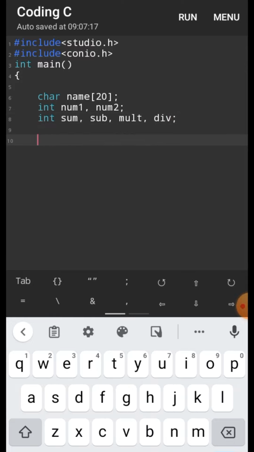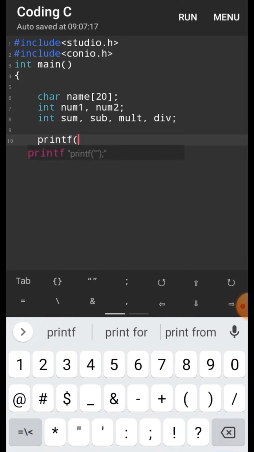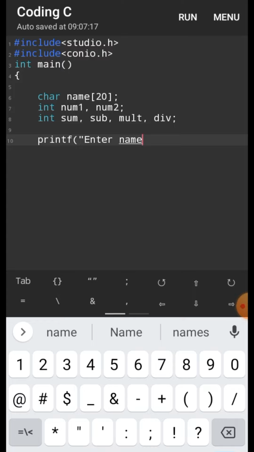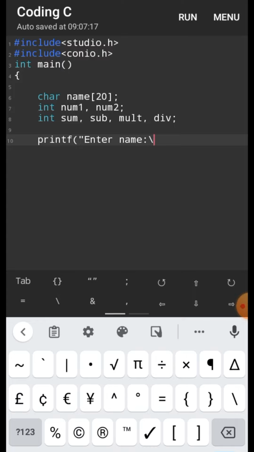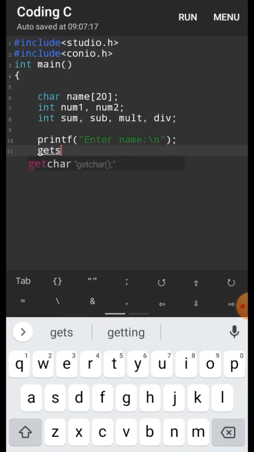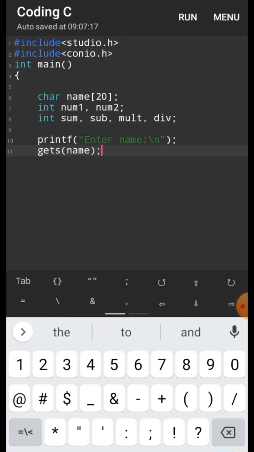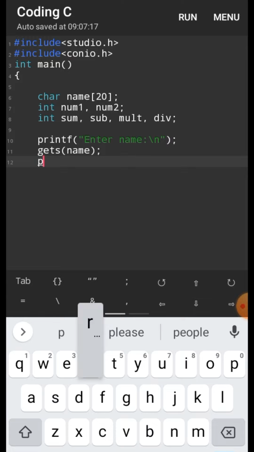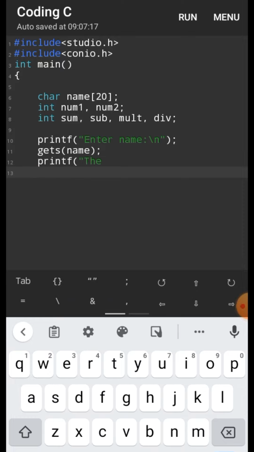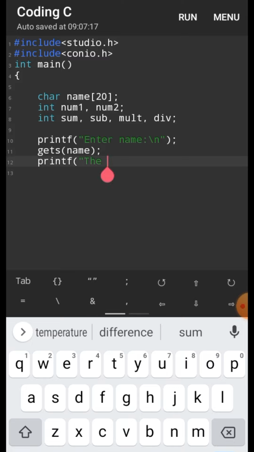So next we will write the printf, then "Enter name." Then next we'll write the gets, the name, and printf again. We'll write the name of the person, so "The name of the person is,"